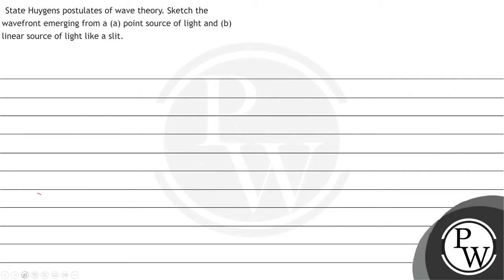हेलो बच्चों। तो आज का प्रॉब्लम है हमारा, we have to state the Huygens postulate of wave theory. तो हाइगन्स का पोस्टुलेट क्या था वेव थियरी को लेकर, और हमें वेव फ्रंट्स को स्केच करना है पॉइंट सोर्स ऑफ लाइट के लिए और एक लीनियर सोर्स ऑफ लाइट के लिए, जैसे एक स्लिट से बाहर निकलता है। क्लियर है? तो एकदम स्ट्रेट फॉरवर्ड क्वेश्चन है। तो हम पहले पोस्टुलेट्स देख लेते हैं, हाइगन्स पोस्टुलेट्स।